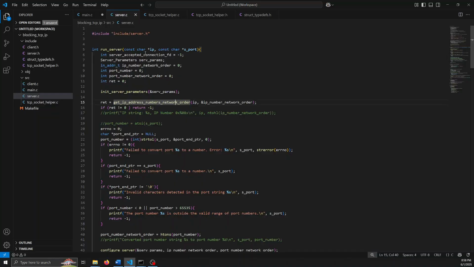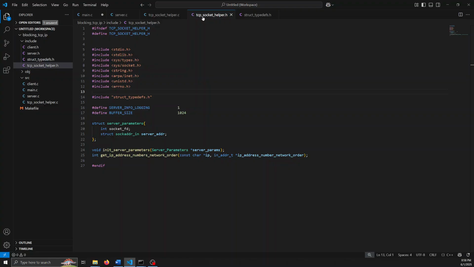So the first part for run server is to understand that it's getting an IP address and the port number as a string. The next part is we will create a server parameter struct or argument. And in my case, server parameters is defined